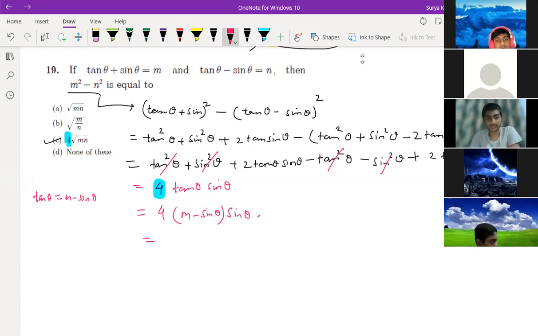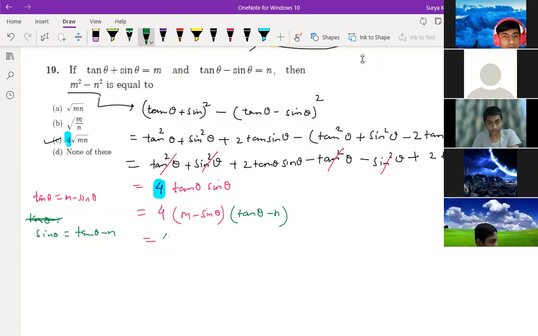Okay. For getting n, we can substitute that sine theta equals tan theta minus n. So to take the value of m and n, we have to put that value here. Achha, here also you should put. Like you are saying, sine theta is equal to tan theta minus n, right? This you are saying? Yes, sir. After this, what do you do? Sir, we can just multiply it.